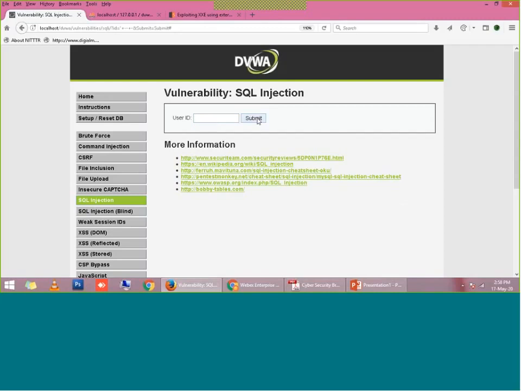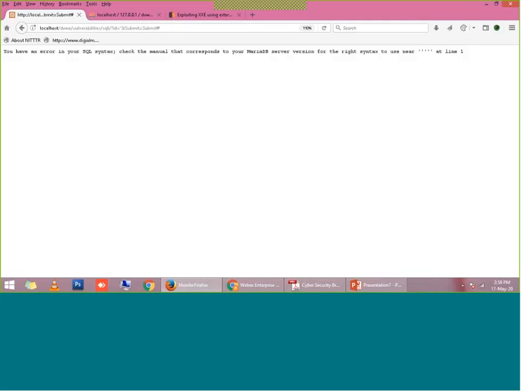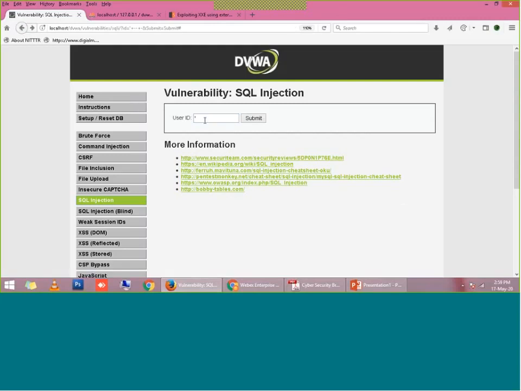So firstly we had put a single quote and submitted. It was giving an error because we have possibly terminated this query. Now to complete the query, or to comment out the rest of the portion, I will put here double dash, single dash, right? So it will not be giving any error. It means now we can attack with more SQL injection payloads, right?